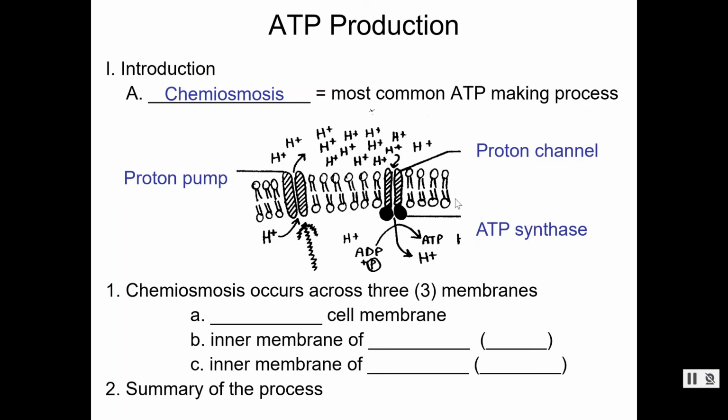Or let's go back to our cells and use that same process. We have all of our hydrogens up here, which is a reservoir of potential energy because they want to flow through this. There's our enzyme. That kinetic energy is enough to put these two things together: adenosine diphosphate plus a phosphate group to get ATP, adenosine triphosphate. Okay, so we just made ATP. We can live. That's exciting. So that is very good.